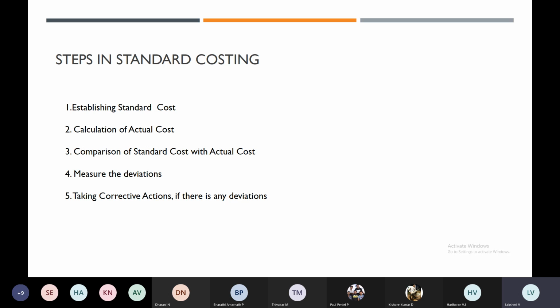Okay, obviously it reduces the cost of production and it helps us to reduce wastages, everything in the business. Okay, so are idle time and machine hours running properly and effectively? Has all the manpower been put to the best possible use or not? You can identify all these if you are establishing a standard cost and working towards that. Okay, so drawbacks, limitations, if you see, here you cannot